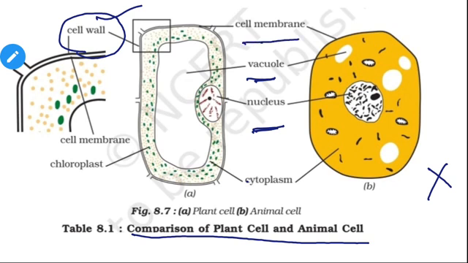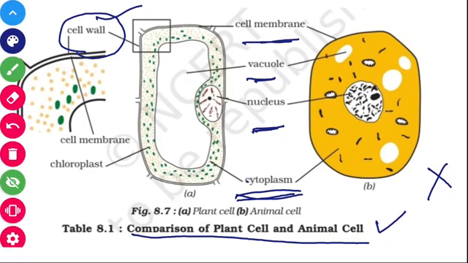There is presence of cell membrane, which separates it from the other cell and the surrounding medium, and the jelly-like substance is known as the cytoplasm. So here is a comparison between the animal cell and the plant cell. The animal cells are basically circular, and the plant cells are basically rectangular in shape. So that is all about your cell, its structure and functions. Thank you all for watching the video.